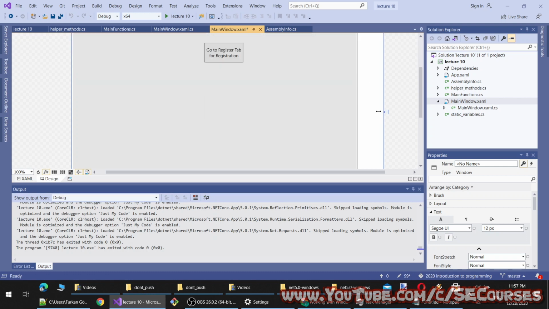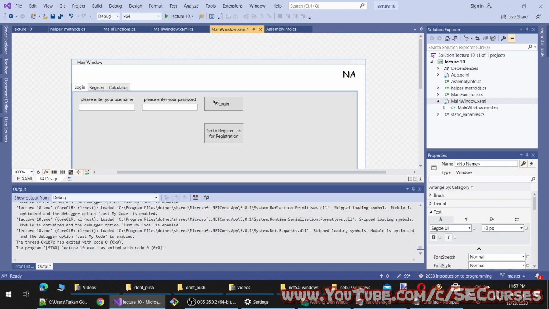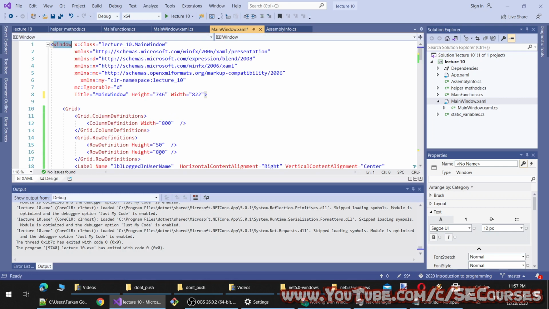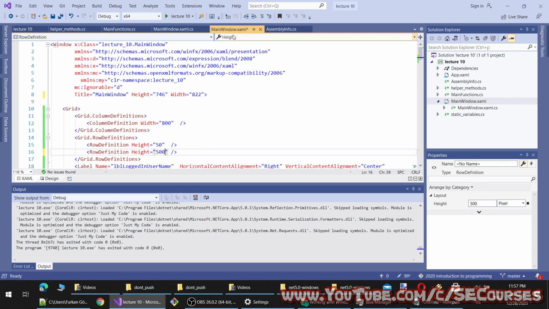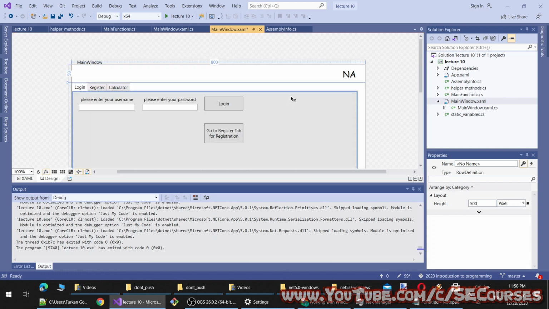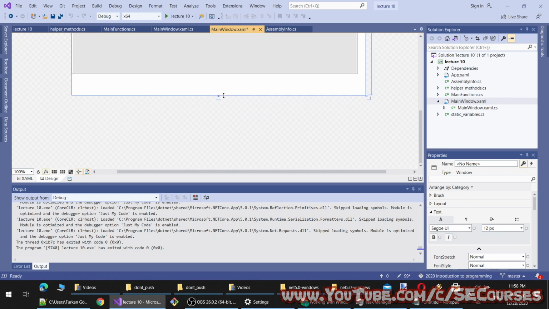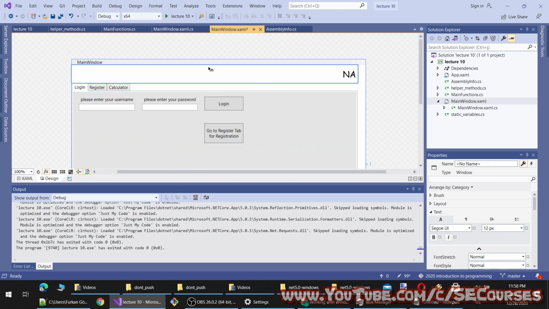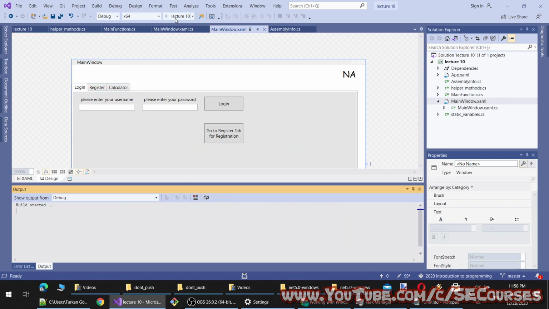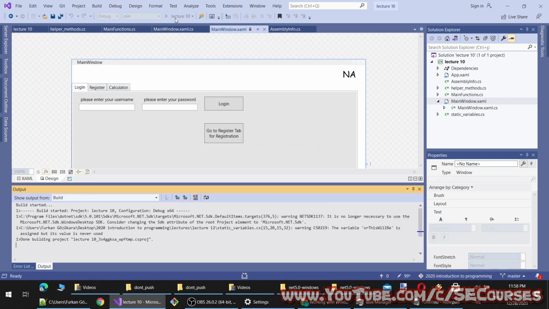So let's set the window size something like this, and I will change the height to something like this. Okay, now the window size is bigger than the grid size we have defined. All right. Now when we run the application, we will see exactly as we wanted.